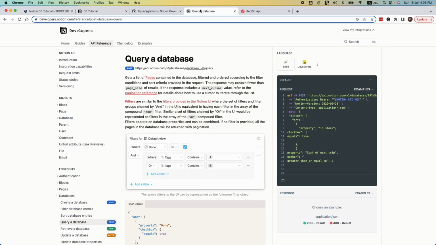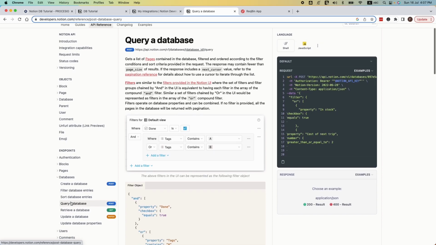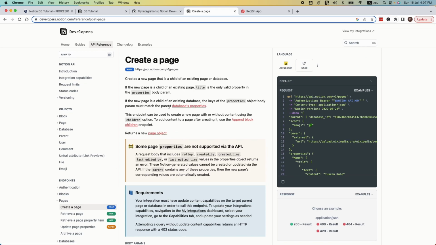So what does it mean? It means that when you want to insert data in a database, what you want to insert is actually a new page. So that's why now in the documentation you have to look at the page, and you need to create a new page using this post method. Okay,